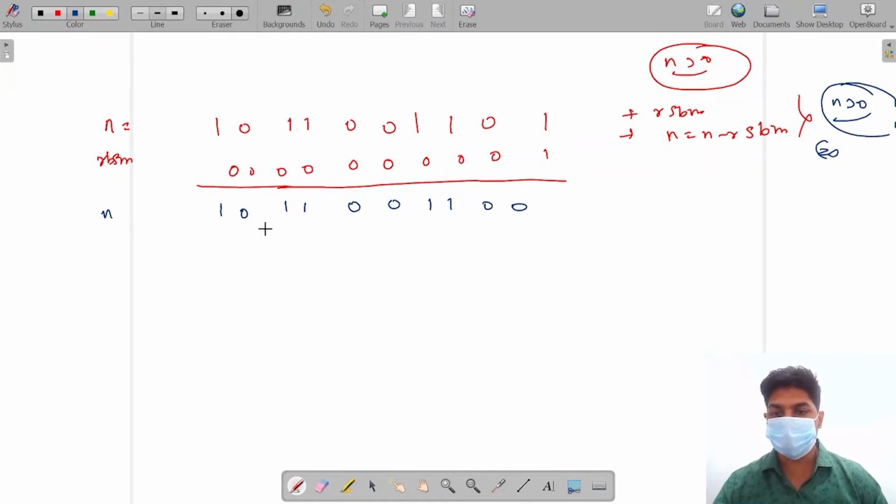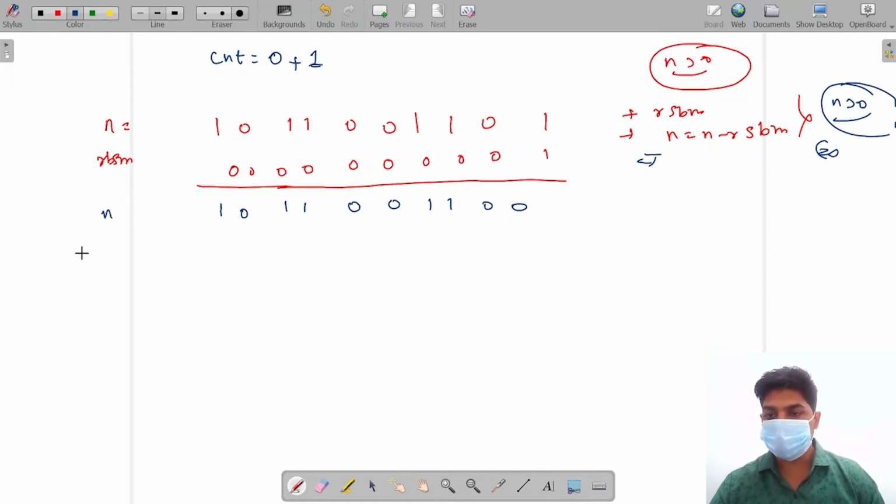Still our n is greater than 0, so we will iterate with this process. One more thing, we will maintain a counter. Initially it will be equal to 0. For the number of steps we take, we will increment it by 1. We performed this step for the first time, so we incremented by 1. Still our number is greater than 0, so we will again reiterate this process, and each time we reiterate, we will add 1 to our answer.